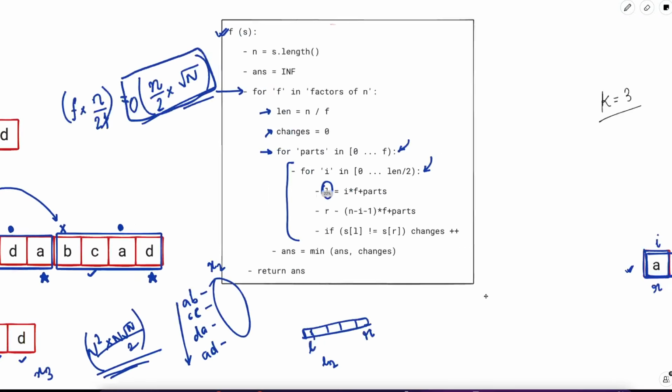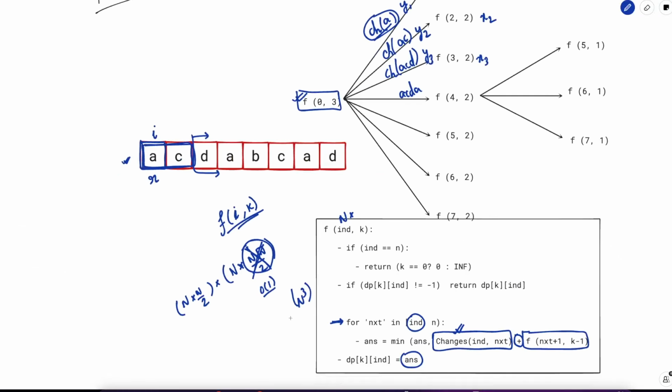So the overall time complexity is order n cube for this piece, which is doing this recursive algorithm to partition this into k substrings, and then figuring out these changes beforehand, because we will be using this inside this function directly,